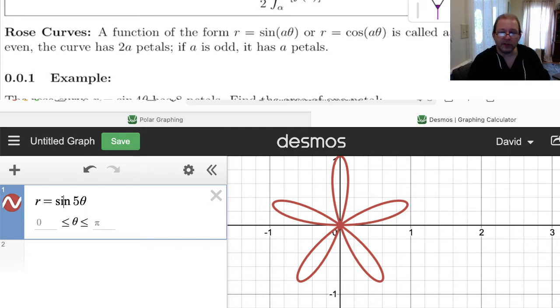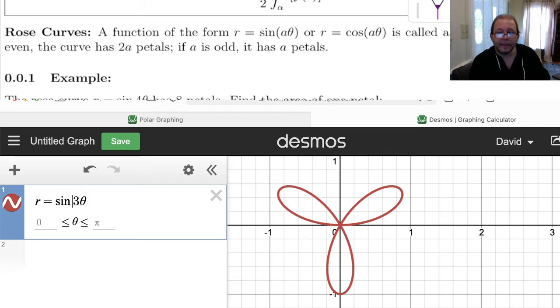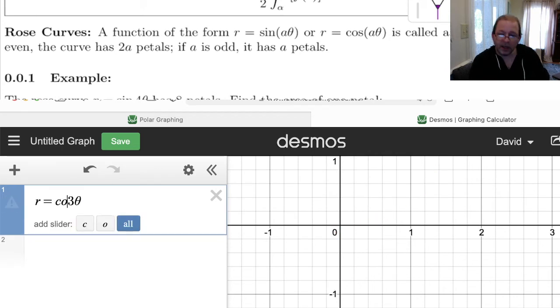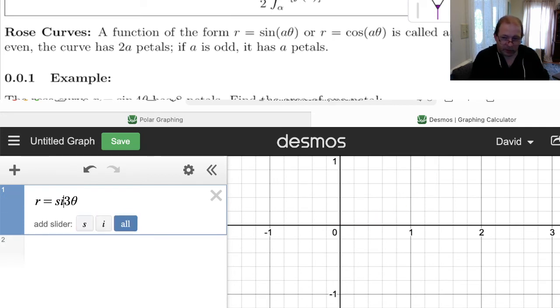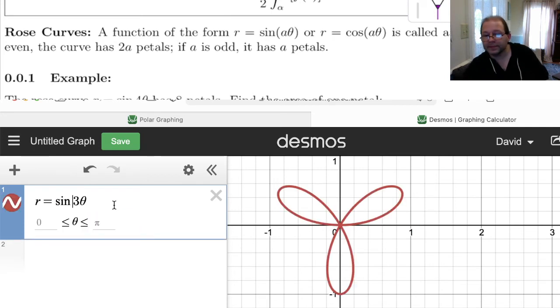Now all the ones I've done so far have been with sine. If you put in cosine, it's like it rotates it so that the starting lobe over here lies right on the axis, whereas with sine, the starting lobe points upward, goes upward over there. Now, why is that the case? Well, let's look at